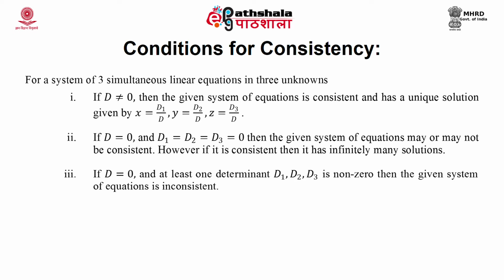If D is equal to 0 and at least one discriminant, either D1, D2 or D3, is non-zero, then the given system of equations is inconsistent. That is, the given system will not have any solution. However, if it is consistent, then it has